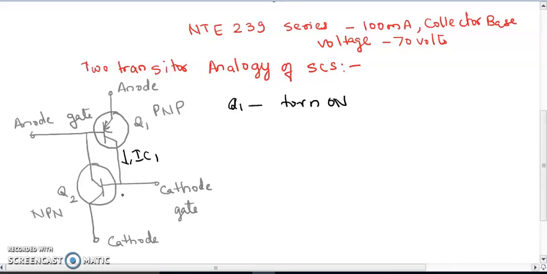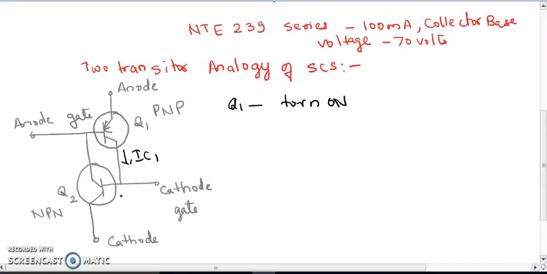So Q2 will also turn on. If a positive gate pulse is applied to the anode gate, then the base emitter junction of Q1 will be reverse biased, so Q1 will be turned off. As soon as Q1 is turned off, the collector current will be 0, so Q2 will also turn off.